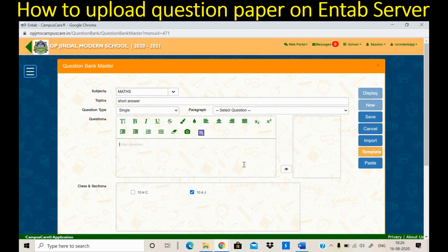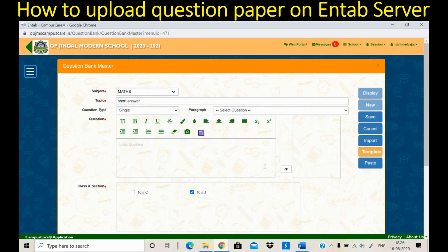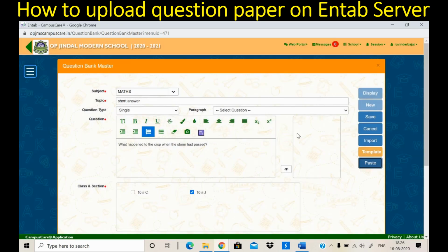Here again I'm telling you, you can type the question, or you have already typed the question in MS Word. Select, this is the second question, Control C for copy. Go back to the window, click on the paste button. Here you press Control V. Press OK. This question has come here.